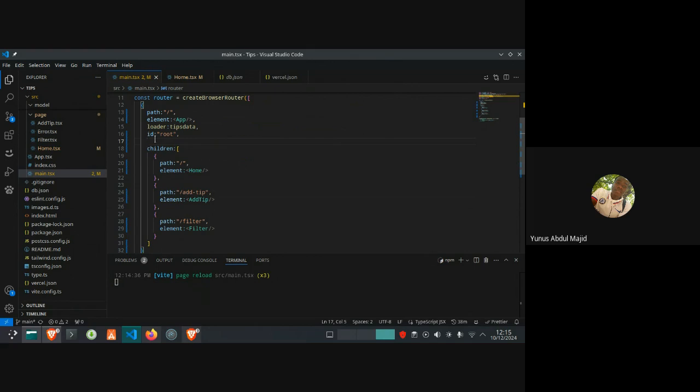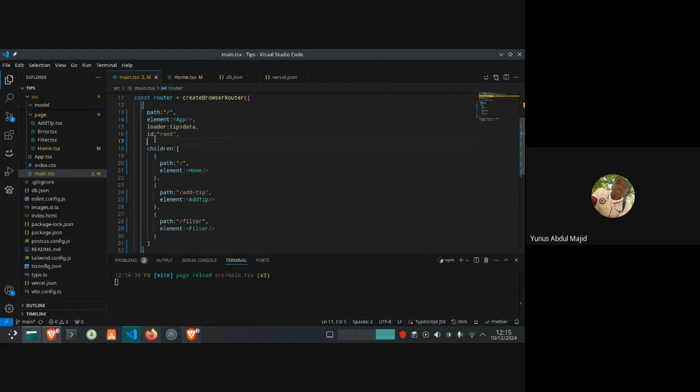But in a situation where you want to show a different UI or error message to the user on a different route, you can do that. Basically now it's simple, the error route will be the same.